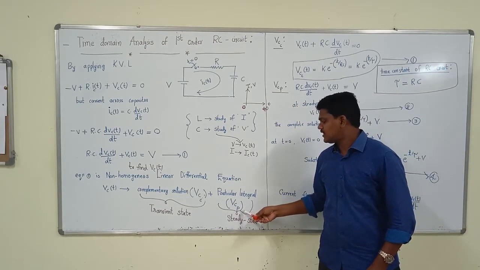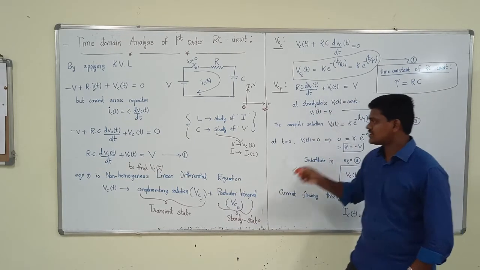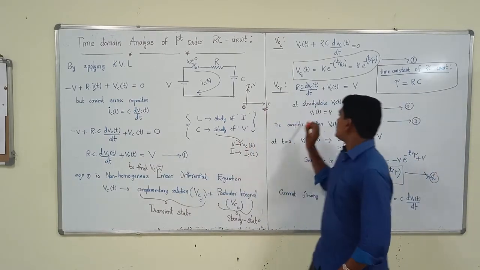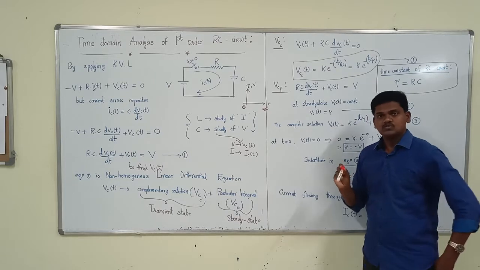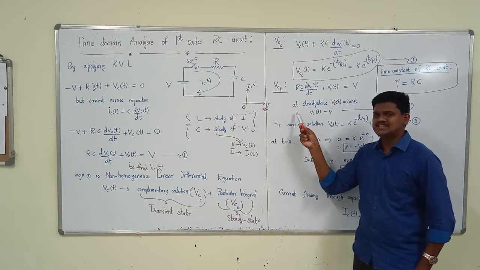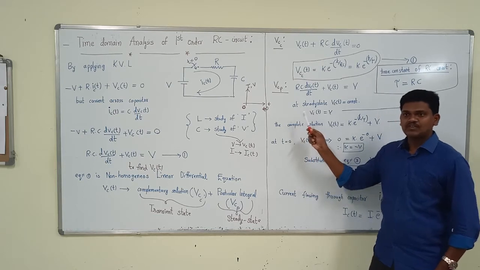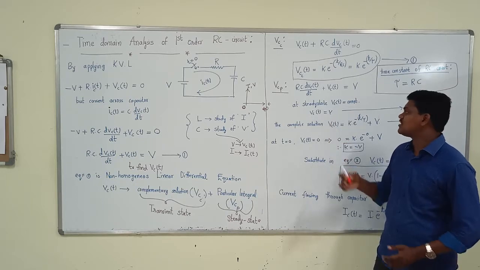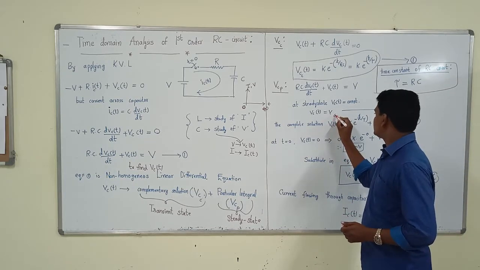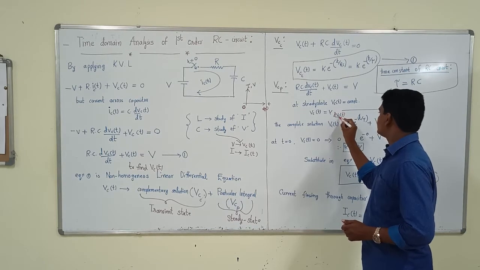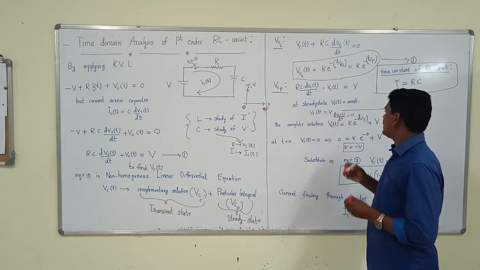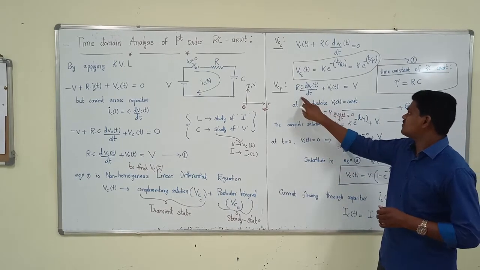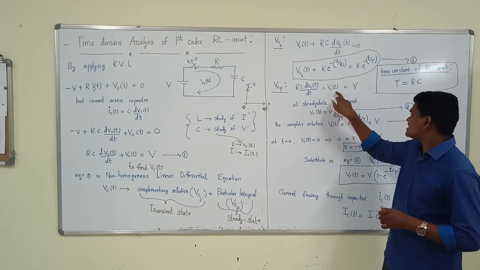Simply, for the particular integral, you have to write the complete equation. What is the complete equation? From equation 1, write the same equation here. We already discussed these things. Steady state means in DC systems the quantity will become constant. Wherever the constant term is there, automatically the differentiation will be 0. So the differentiation of Vc of t is 0. Then automatically in the complete solution, this term will become 0. The remaining term is Vc of t.